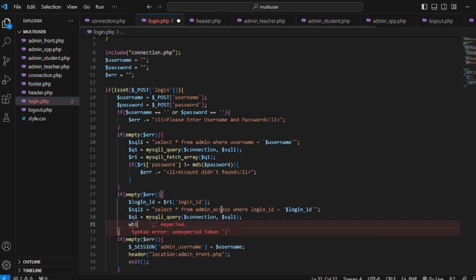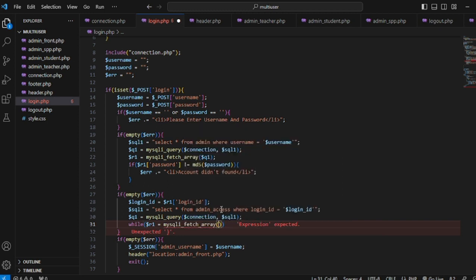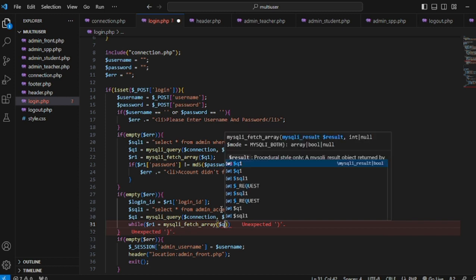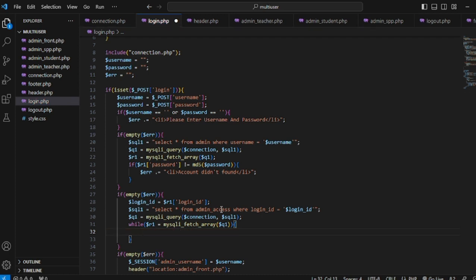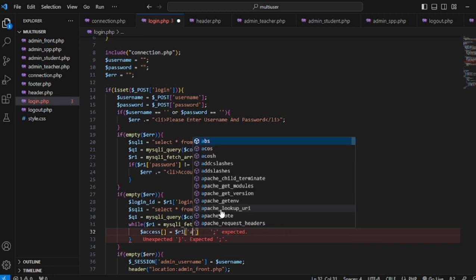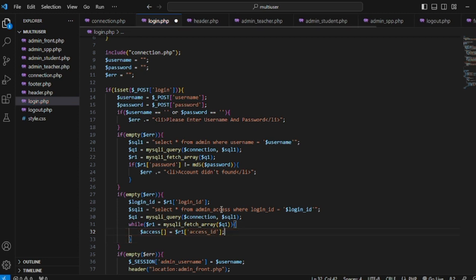And then I'm gonna use while $R1 equal mysql_fetch_array, and then $Q1, this, enter, then $access, like this, equal $R1 access ID, dot comma, this save,